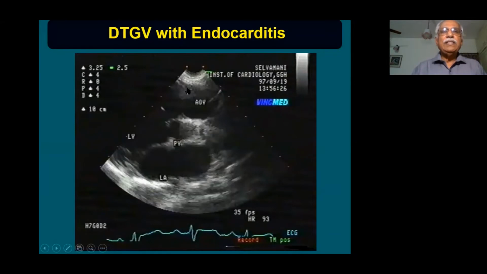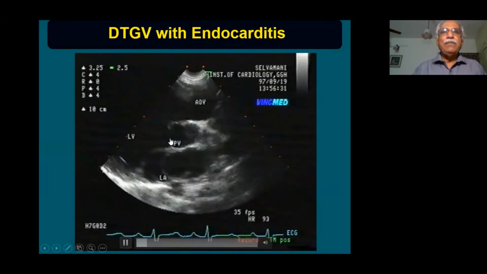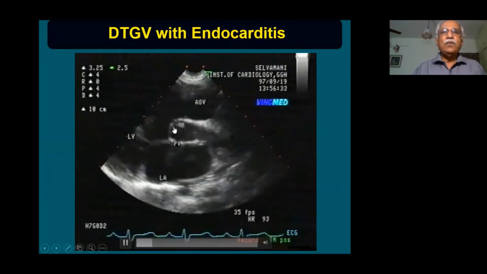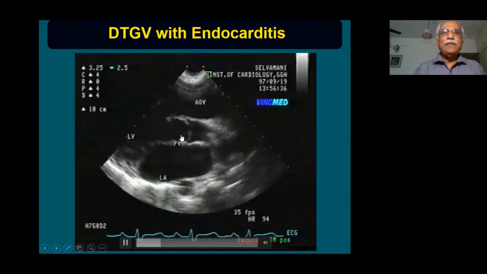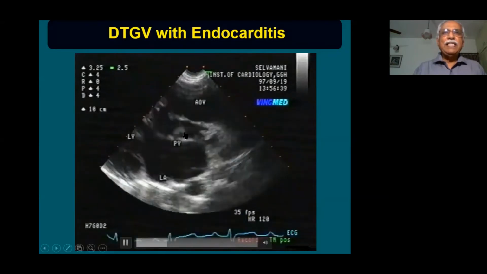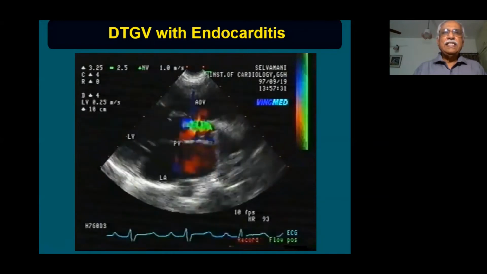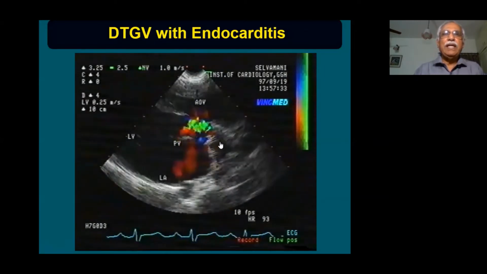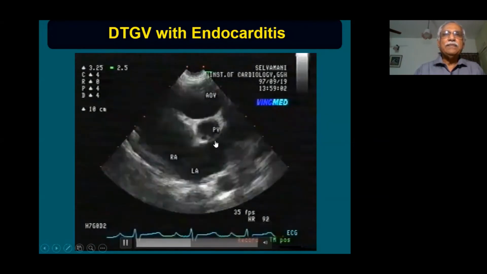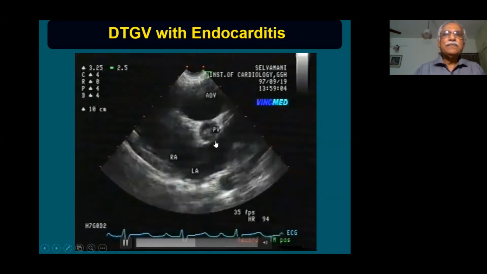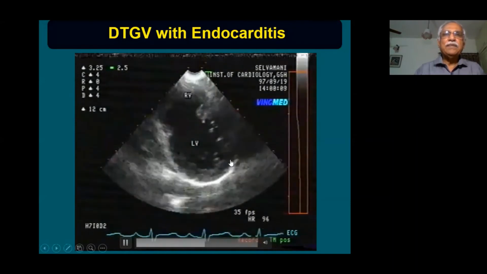And this is a patient with d-transposition of great vessels. You can see the posteriorly placed pulmonary valve. You can see the posterior course of the pulmonary artery. The pulmonary cusp is doming, indicating that the patient has pulmonary valvular stenosis. This jet has hit against the pulmonary artery and it has produced vegetations inside the pulmonary artery.